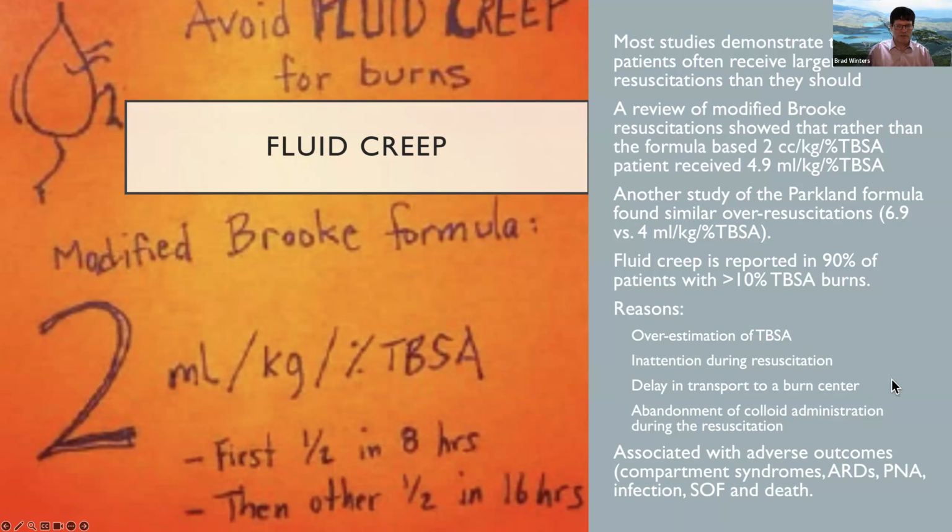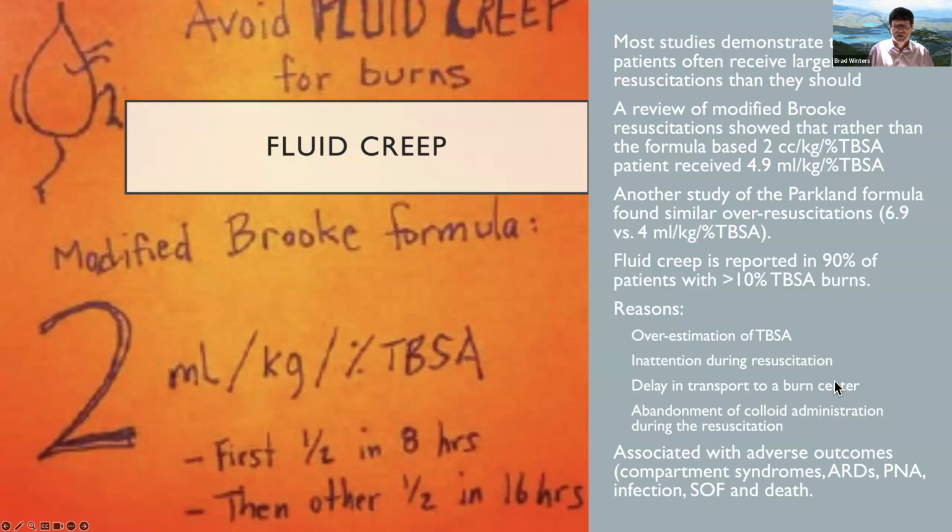Delay in transport to a burn center. Obviously, as I said before, it's important out in the field for the ambulance to start fluids if they can. A long transport from the site of the burn to the hospital, particularly if fluids were not given, sets you guys as ICU doctors so behind that it's very hard to catch up. And the attempt to catch up often leads to severe fluid creep, because the patient has now been in deep shock for so long that the inflammatory response is so tremendous that it just gets completely out of control. That is a huge problem and often an issue.